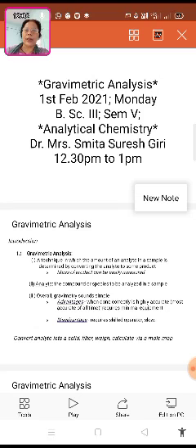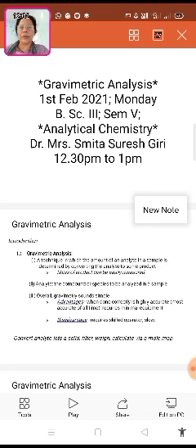You know that in quantitative analysis there are two methods. One is volumetric and the second is gravimetric. Analysis means we have to analyze something from a mixture and find it out in a solid form. When it is in a liquid form, we say it is volumetric analysis. But when we separate it out as a solid, the product in pure form, that is nothing but gravimetric analysis.